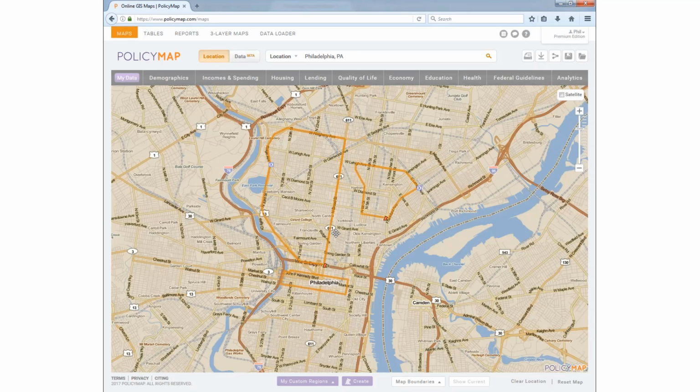All right, and then the last part of custom regions, and it all ties back into the ability to download or get data off of PolicyMap. So everything I've shown you is the ability to see data that's already in PolicyMap, but if you needed to download or take some of this data off and do whatever analysis you wanted to do offline, then there's an option to download data. And the ability to download data is just tied to whatever data you have on the map. So let's say we want to get a list of